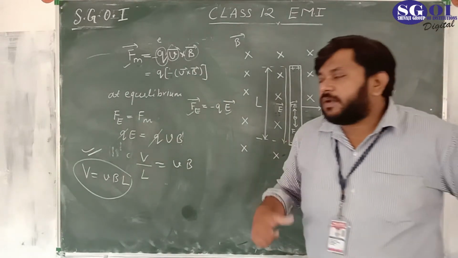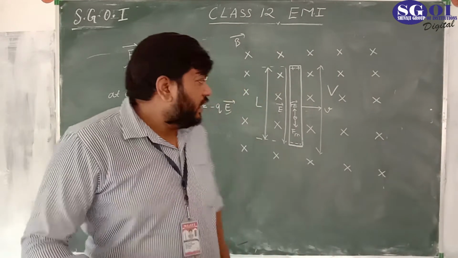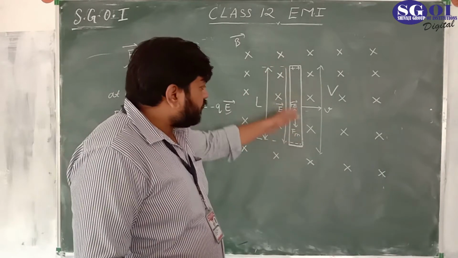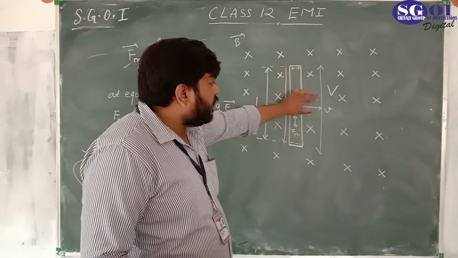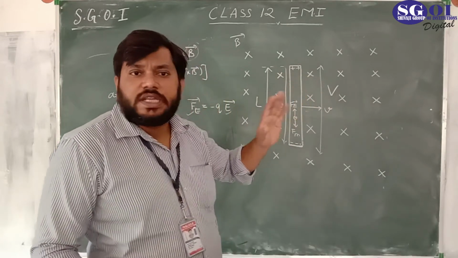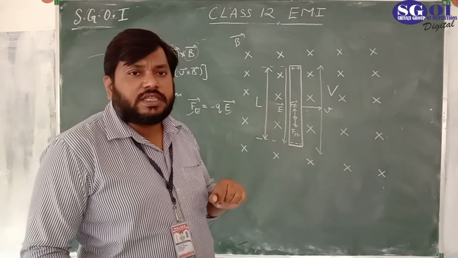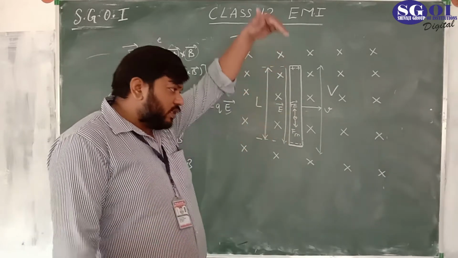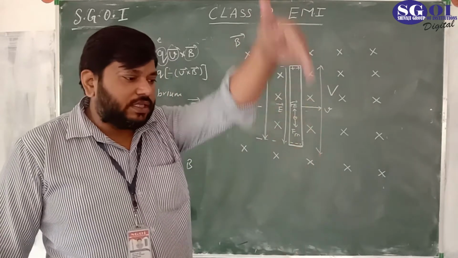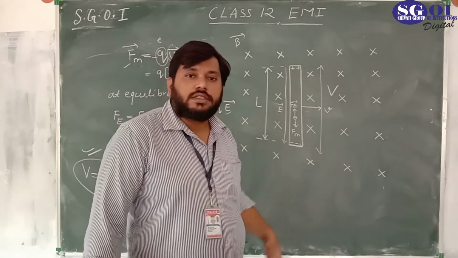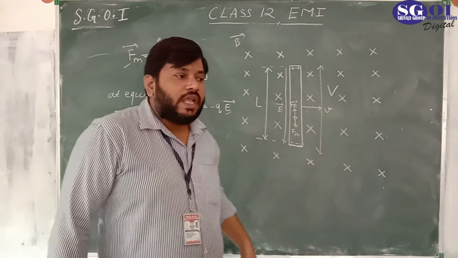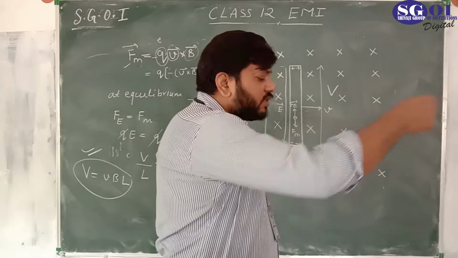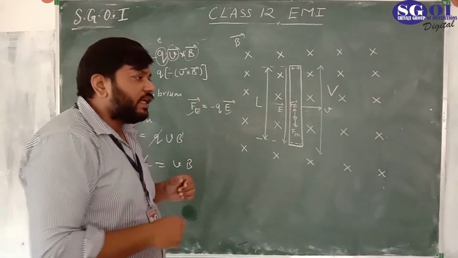For understanding purposes, we could either move this conducting wire. In this particular situation, the angle between the velocity and the magnetic field is 90 degrees, so it is a special case. And if it is some other angle theta, suppose there is a magnetic field in the downward direction, and a conducting rod is moving horizontally, then the angle between velocity and magnetic field is 90.